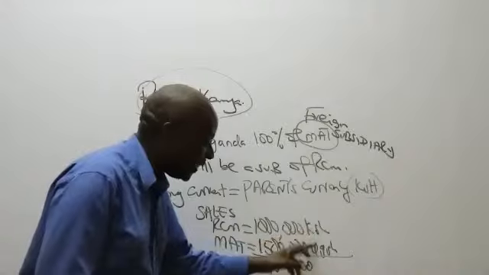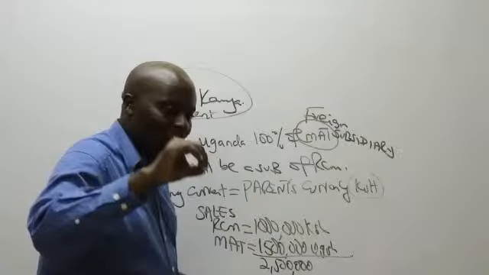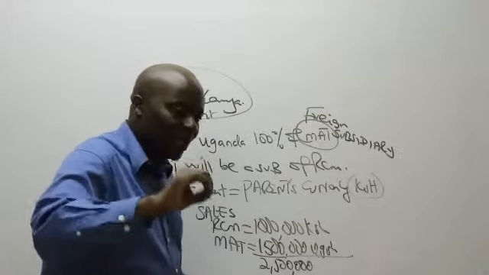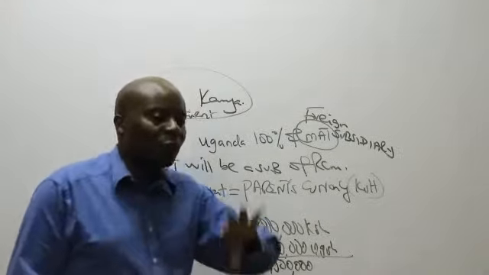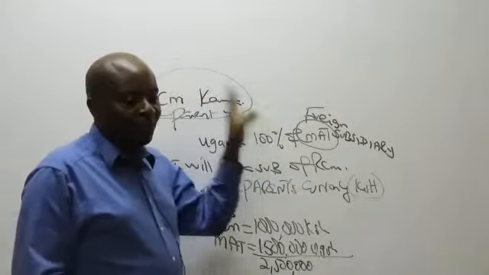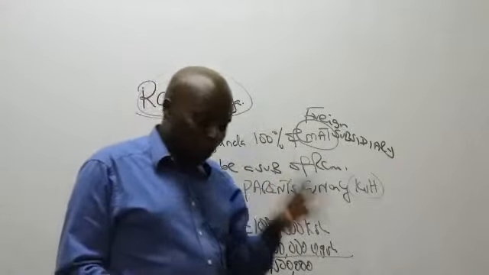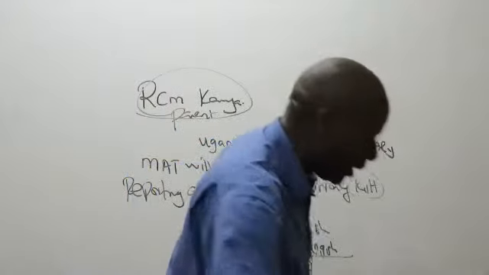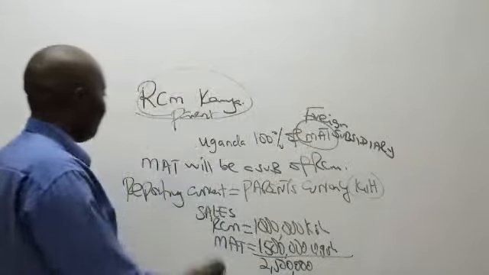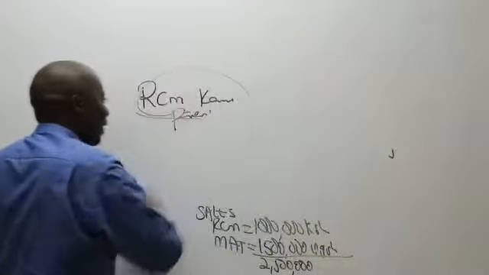There is no way you can add these currencies the way they are. We must look for the foreign currency, the foreign subsidiary metrics must be translated to the parent's currency, must be translated to what we call the reporting currency. That is so important to us. Ladies and gentlemen, listen to me very well. Please listen. In your exam, always, for purposes of translation,